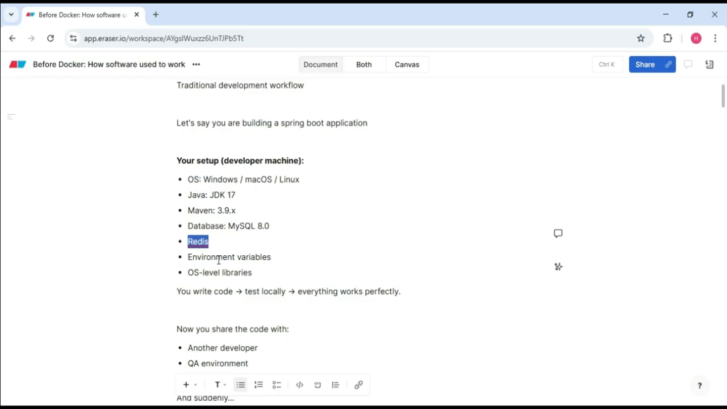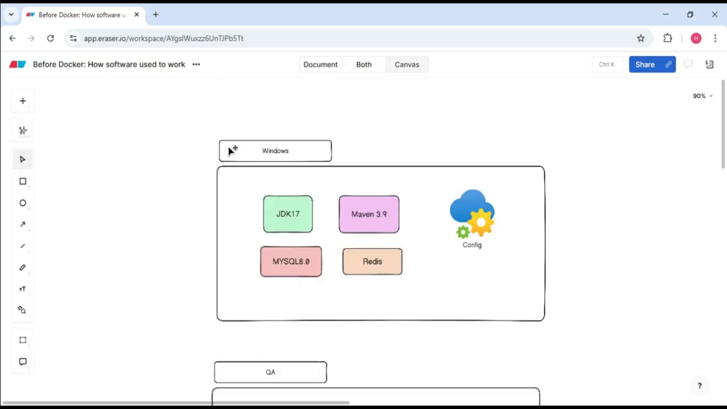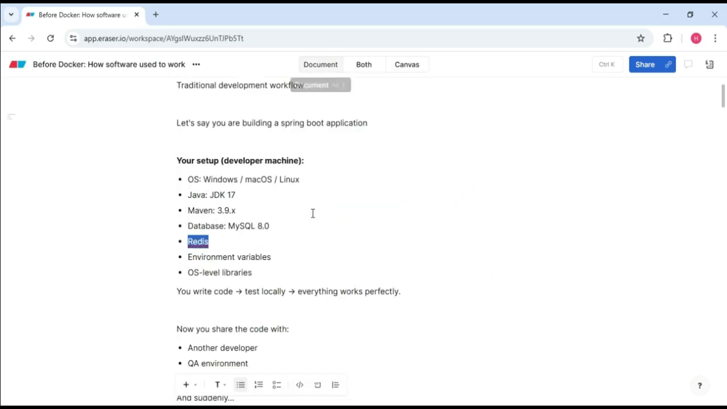We also set some environment variables so that our application works fine. This is a very typical setup. We have a Windows machine here, all your software is installed on your machine, and all the configurations are set. You write the code, you test it using your unit tests, and everything works perfectly fine on your